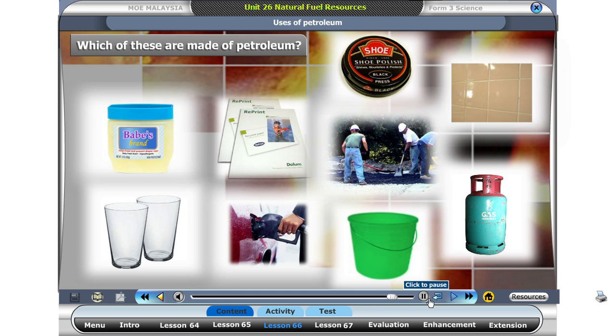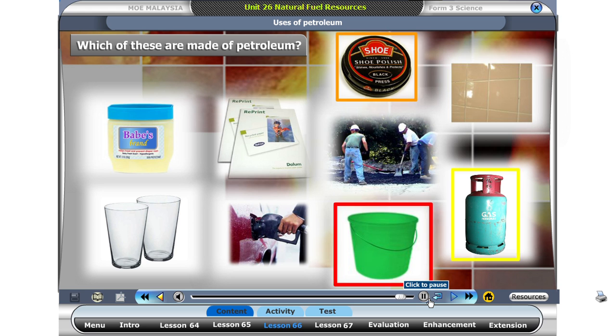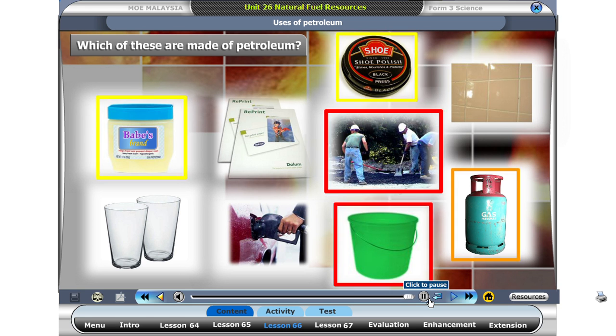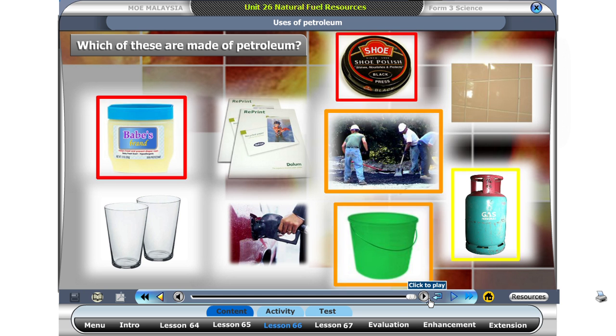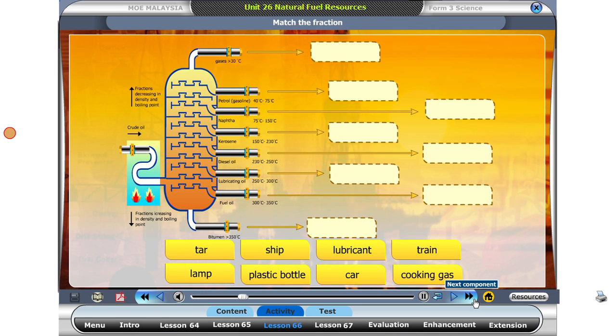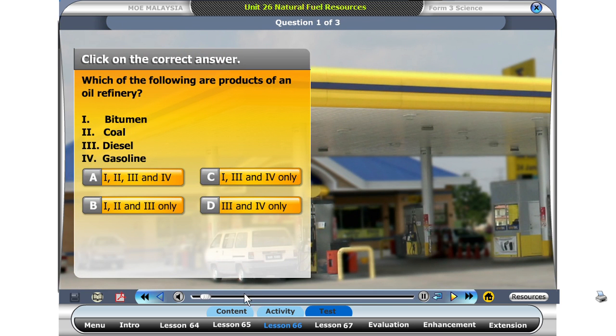Which of these are made of petroleum? Shoe polish, plastic, cooking gas, bitumen for road, lubricating gel is made of petroleum. Can you match the petroleum uses to the correct level on the fractional column? Which of the following are products of an oil